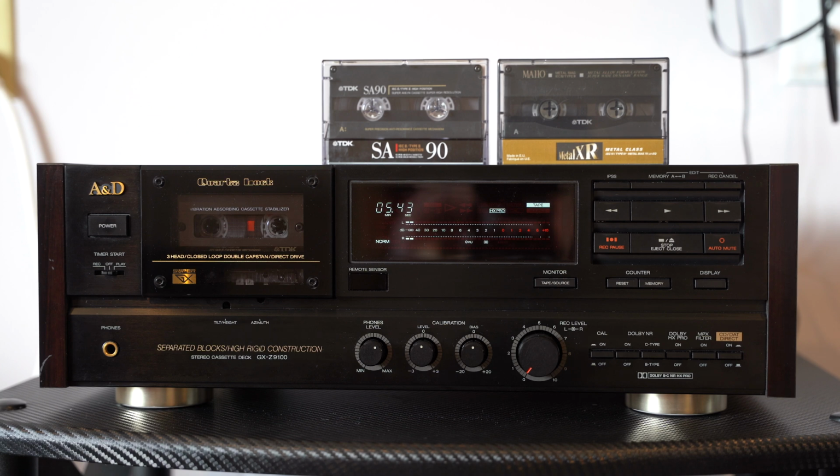And the major point which differs this deck from any other decks: this deck doesn't have capacitors in the playback amplifier, and additionally I checked it in comparison with the Akai 95 model, which was produced for Europe. This one doesn't have electrolytic capacitors in the recording circuit. The Akai 95 has two capacitors in the recording circuit which the sound passes through. This one doesn't, and the difference in the playback amplifier is that it has a discrete schema, around 7 transistors,